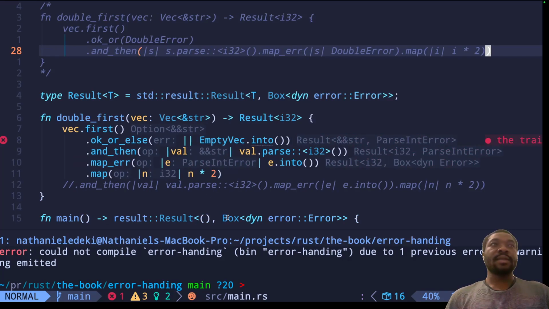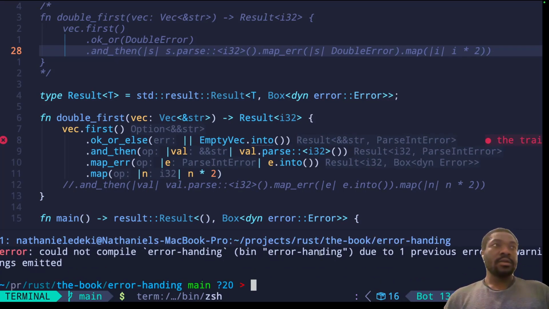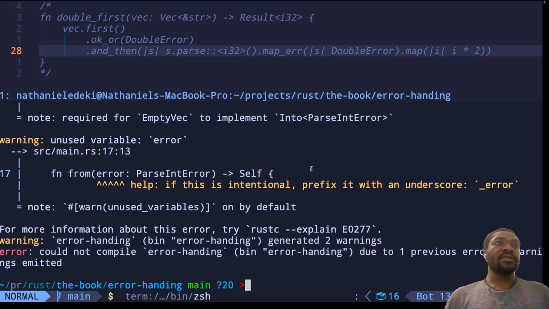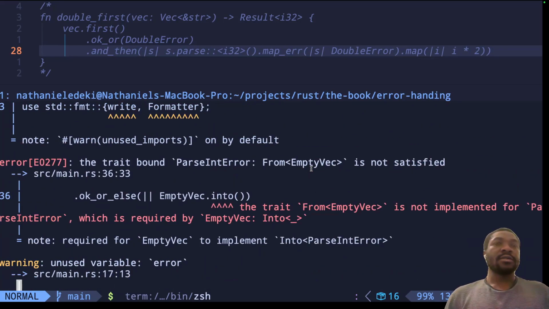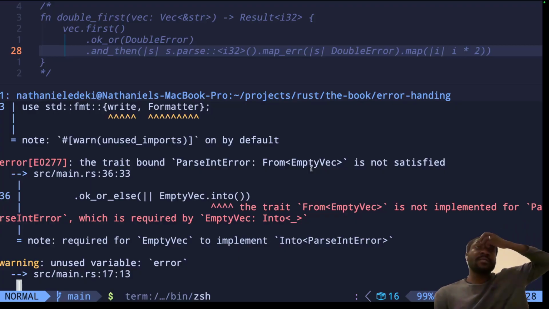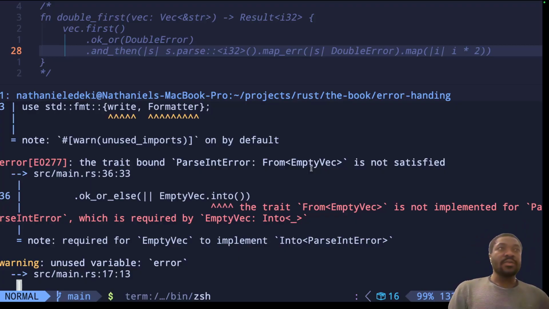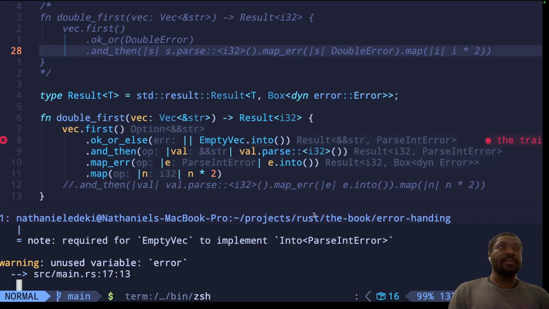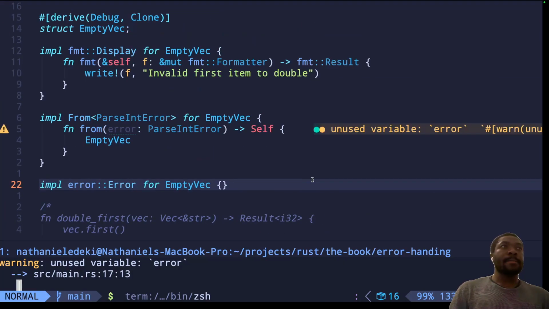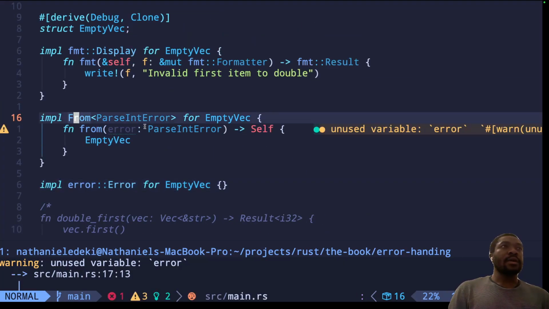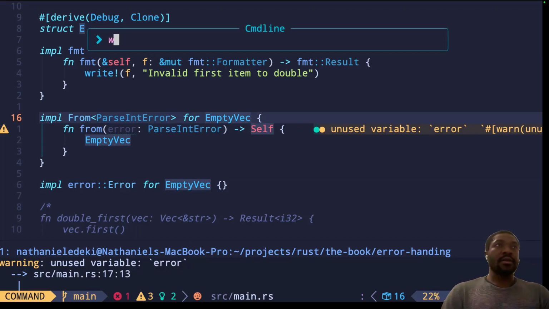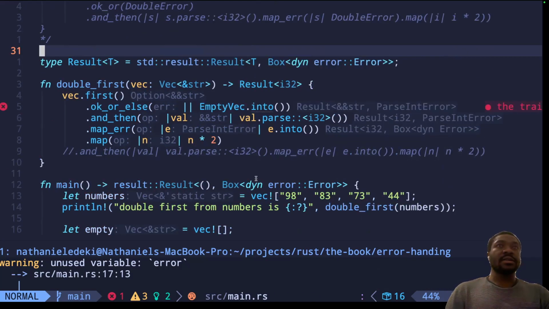Why is this still complaining? I thought you said from was not implemented. The trait from empty vec is not implemented for passing error, which is required by empty vec into, but I just implemented from passing error for empty vec. It's exactly what I did. Hmm,